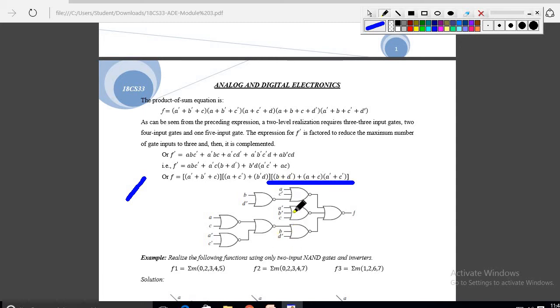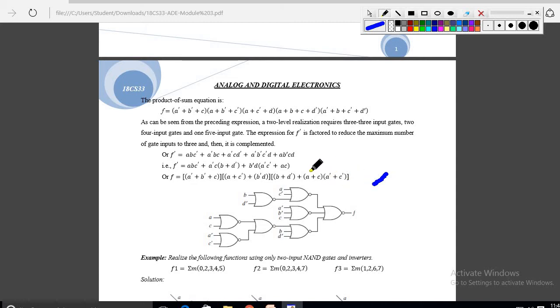So okay, one more input I need to form is A plus C and A bar plus C bar, right? So for that, see here, first I will make an A and C input NOR gate, and after that an A bar C bar NOR gate. Okay, and the outputs of these two NOR gates will be connected to this input of this NOR gate. And what will happen after connecting like this, it will be the logic circuit of this expression A plus C into A bar plus C bar.